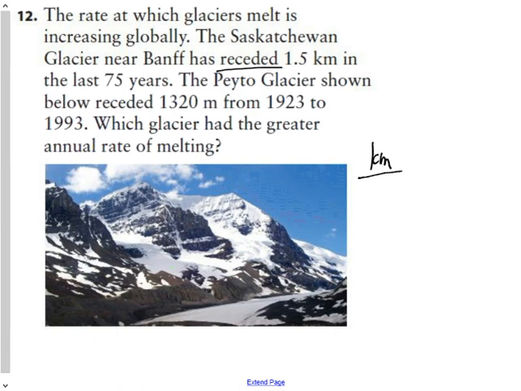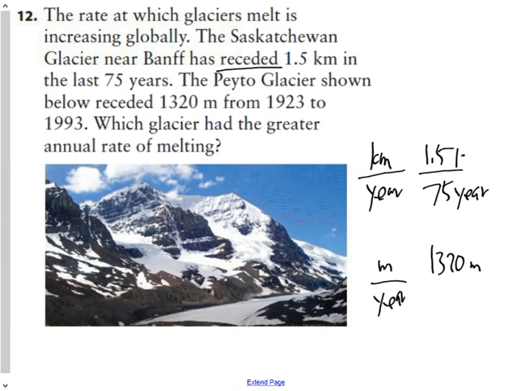So if we talk about distance to time, and I was to put 1.5 kilometers in 75 years, and I was to then look down here at meters to time for the second glacier, and it was 1,320 meters for how many years? Well, between 1923 and 1973 is 70 years. So we do a quick thing. If I look at these two glaciers, the Saskatchewan Glacier and the Peyto Glacier, the difference is I don't have the same units yet. So I have one that's in kilometers